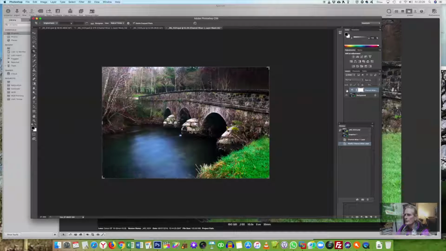Channel mixer off, channel mixer on. Okay, it's a very subtle difference, but it's taken out some of the green from this area, which gives it a bit more contrast, makes it stand out a little bit more from the green areas here and behind. Okay, I think we'll go with that. So I'll save that and go back to